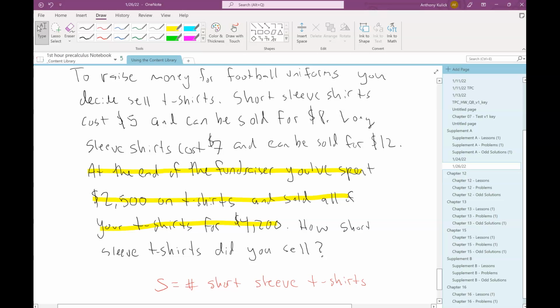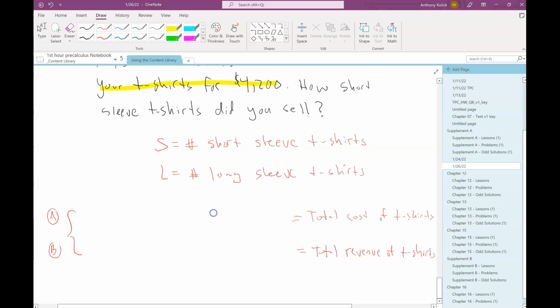Well, short sleeve t-shirts are $5. They cost $5. So could you just do 10 times 5? Okay. And then long sleeve. Bought 8 of them, you said? Sure. So $70 then? Okay. So what we're going to do then is we're going to have 5